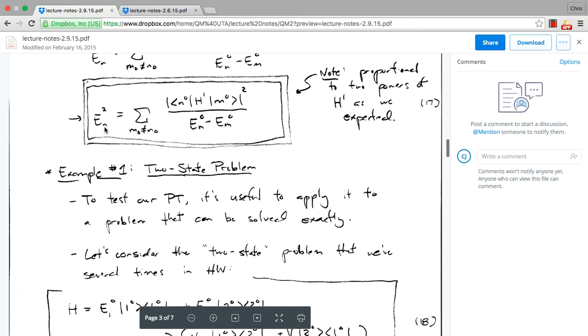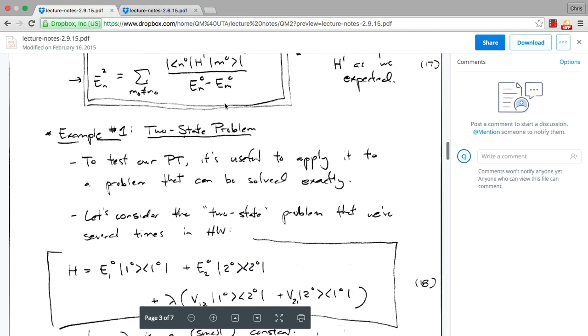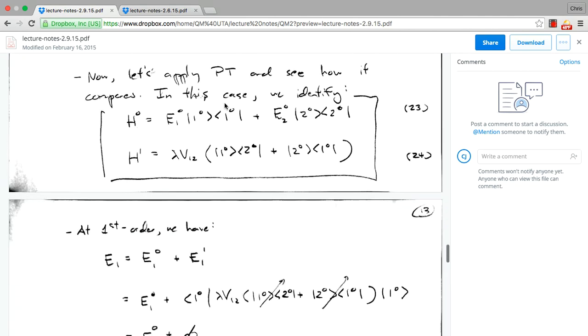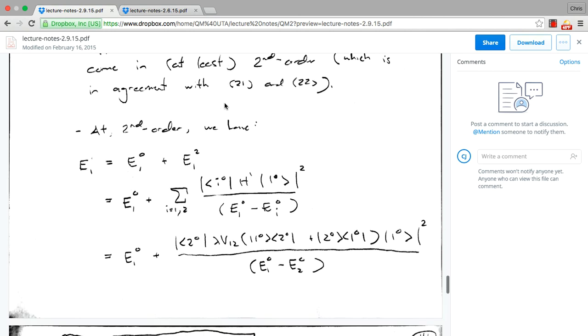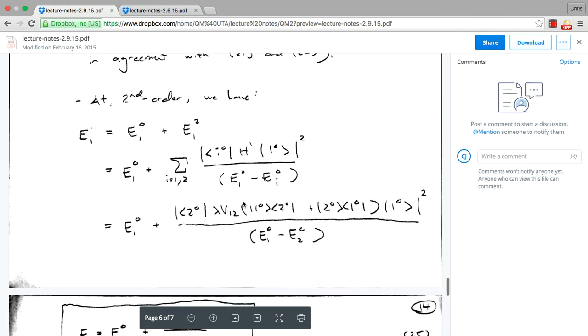So for E1, the second order energy correction will be 1, 0, H1, and then we sum over this M value here. Okay, so let's go back down here. So here's E1. We get the E1 0 term plus, and like I said, we're summing over this coefficient here, I, and we have two possible values that I can take. I expand those out, and what I find is that the only piece that's going to give me